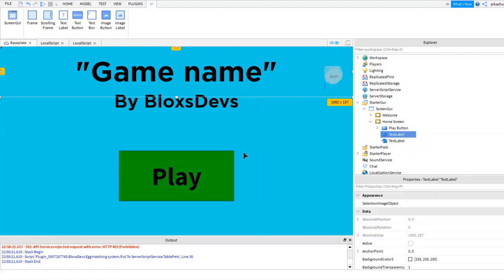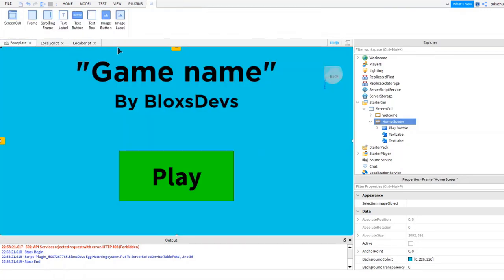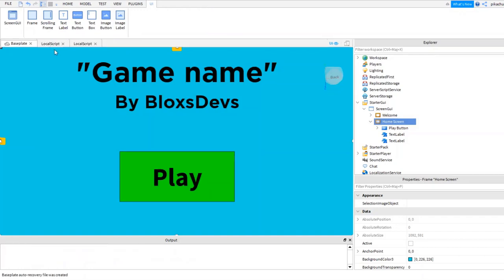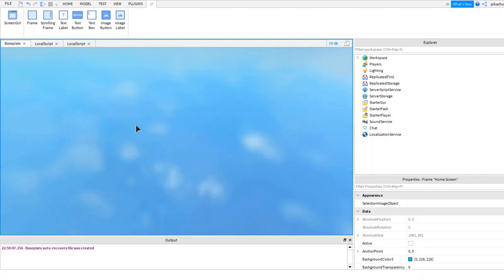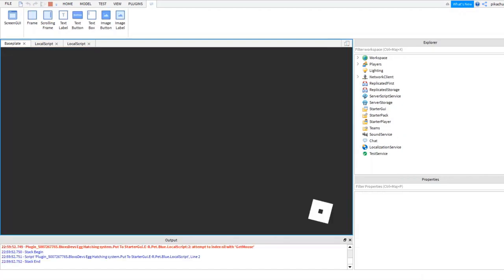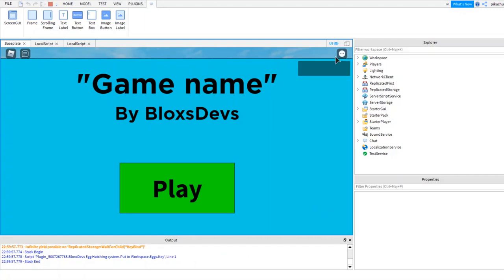Okay, so here, game name by Blocks Devs, play. Okay, good. So it is working, and we got a pretty basic, nice home screen made by your own scripting, easy like that. Just some lines, and it is pretty awesome, honestly. So here, you just made a home screen by yourself, and a welcome message pop up.